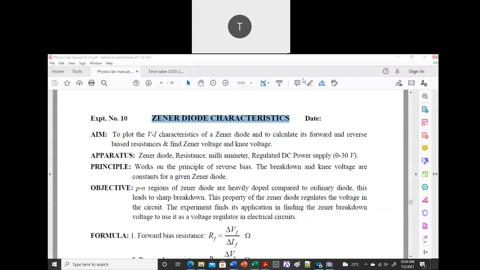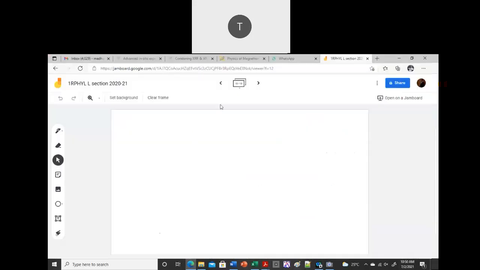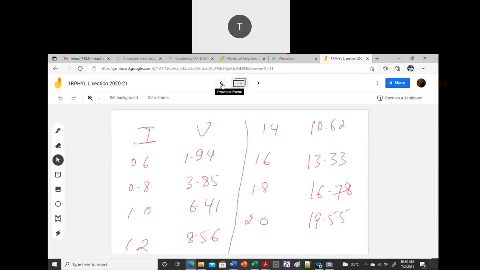You are going to study the voltage current characterization of a Zener diode. So we'll try to plot VI. This is similar to what you did in the previous one. In the previous one, what you did is you again did the V and I relation. You try to vary I and then try to find the corresponding voltage. So this is your VI characterization or VI relations.